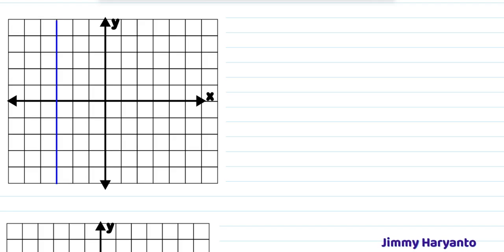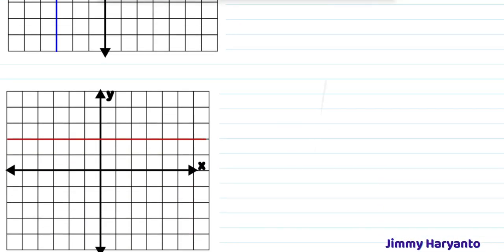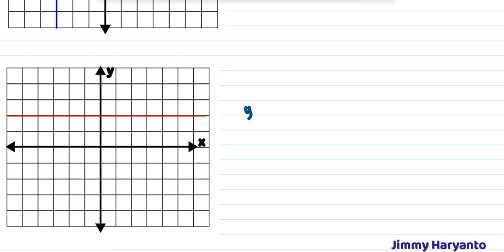And then for the vertical line, it's x equals something. So x equals negative 1, negative 2, and negative 3. You only have to take a look at its position and then write down the equation of the line. x equals negative 3. And for the y, it will be a horizontal line. That means y equals 1, 2. So y equals 2. And this is how you find the equation of a straight line.